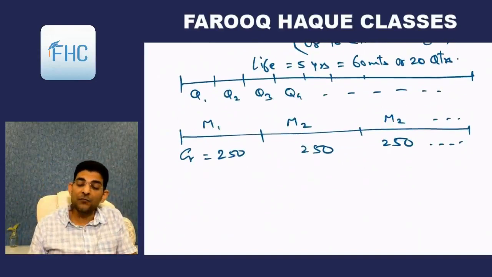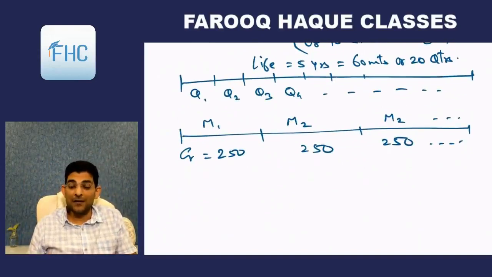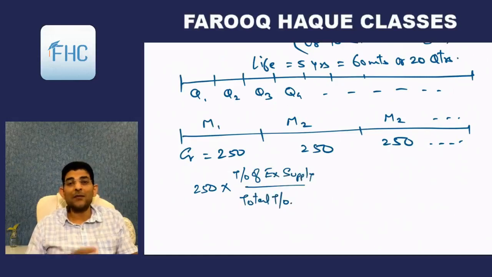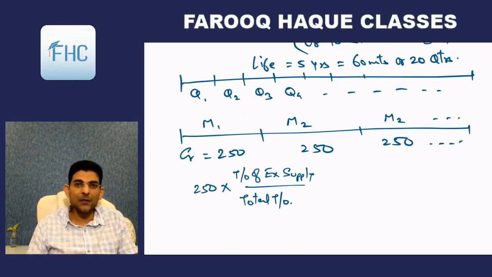Now every month what we have to do is reverse credit of 250, that is of that month, into turnover of exempt supplies divided by total turnover of that month. So like we did E upon F in the earlier rule 42, same thing we'll do here. E upon F. E is exempt supply divided by total supply, meaning the proportion for exempt use. So 250 into this. So in 1 month it may come to 120.